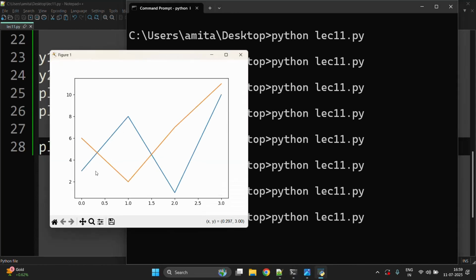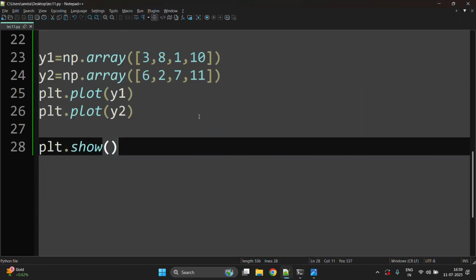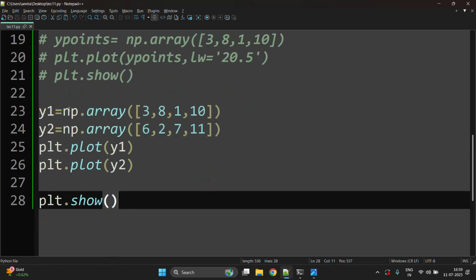You can see two lines, blue and orange. So by default, they have given this color, one blue and second orange. We can also draw two lines specifying the x and y values for both the lines. So if we just plot this,